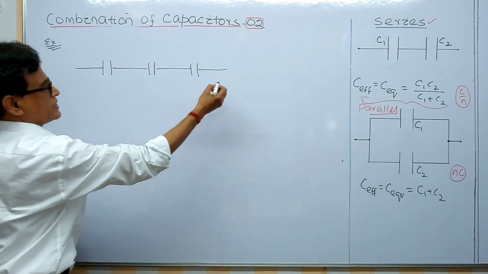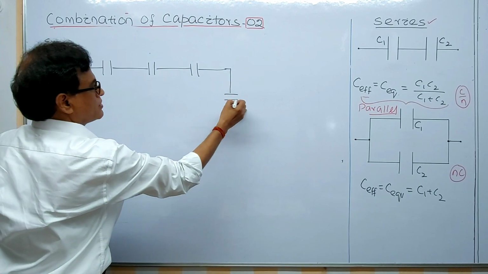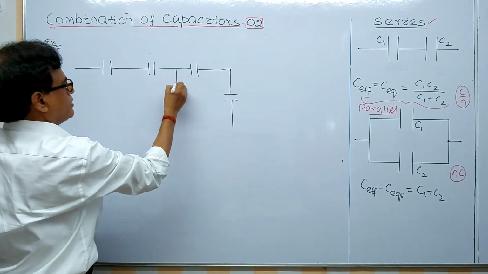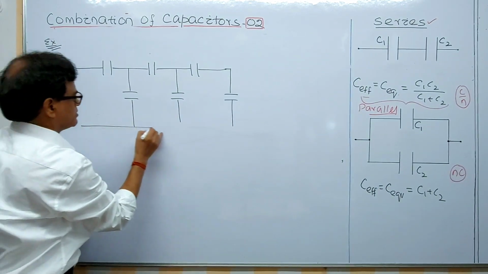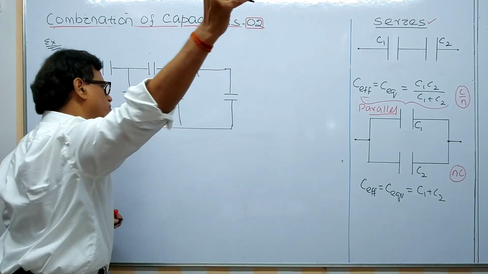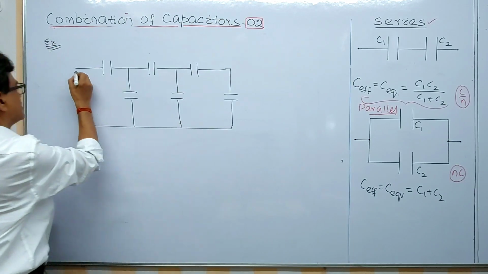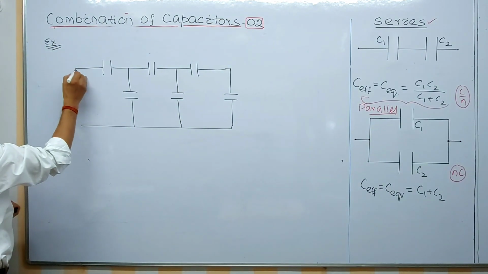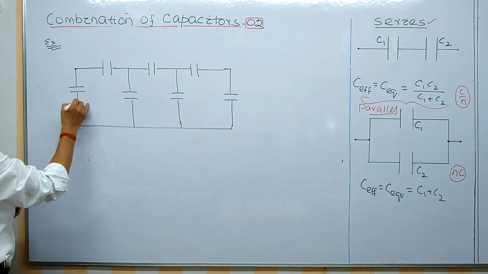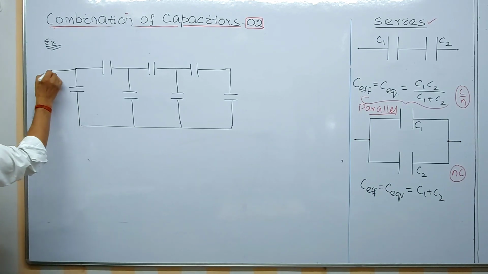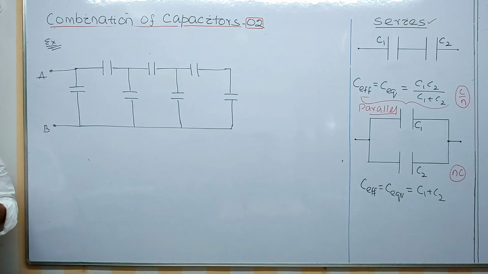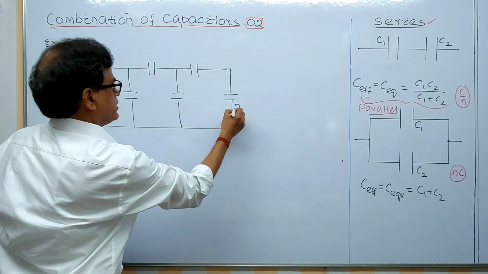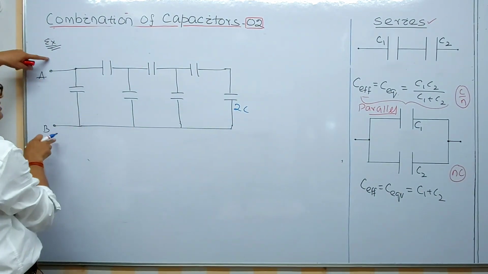How to calculate in this case? Here this is not a Wheatstone bridge, and here I am taking as many capacitors as possible, and I can fill up the board by taking the capacitors. But that is, say, 2C, 2C, then you can say the terminals. Say the terminals are this B. Now here the values given are 2C. It is not a balanced bridge. The terminals are here, you see.